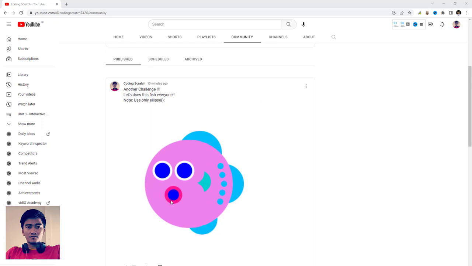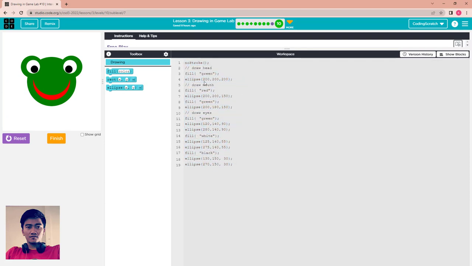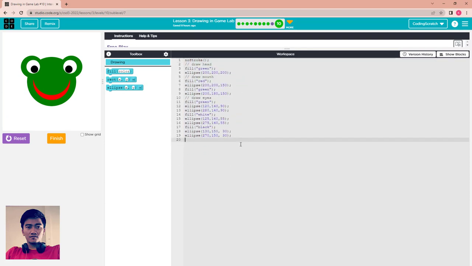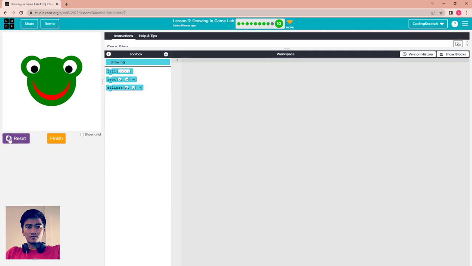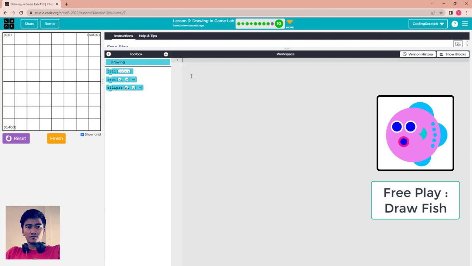Okay, so now we go to code.org and build our project to draw the fish. This is an old project, you can delete it. Reset and run again and show the grid again. First I have to set the nose stroke. Okay, the fish nose stroke. And after that I draw